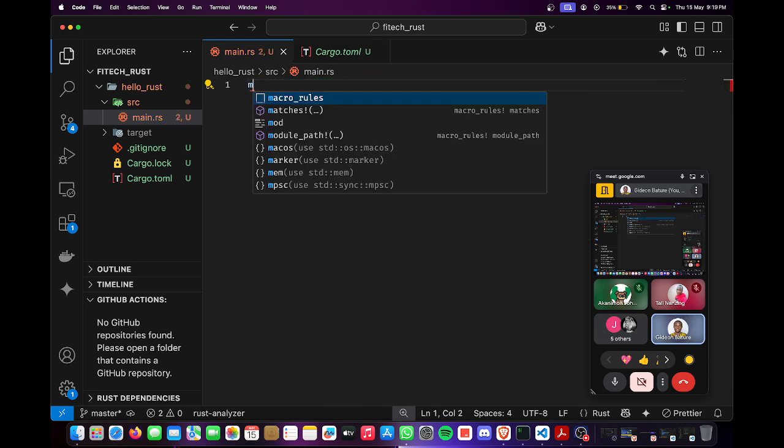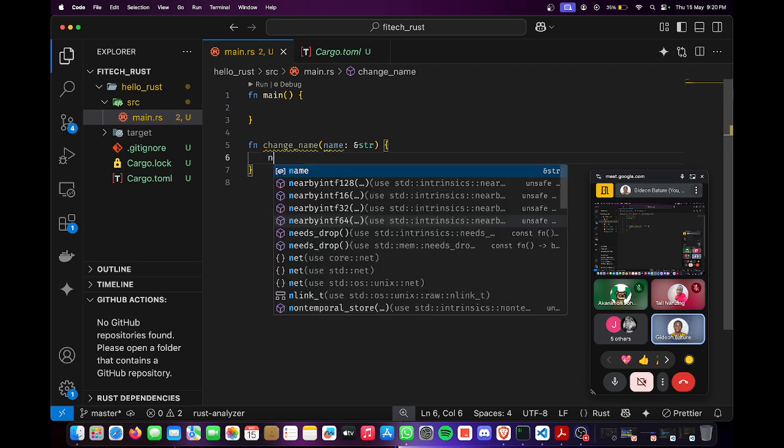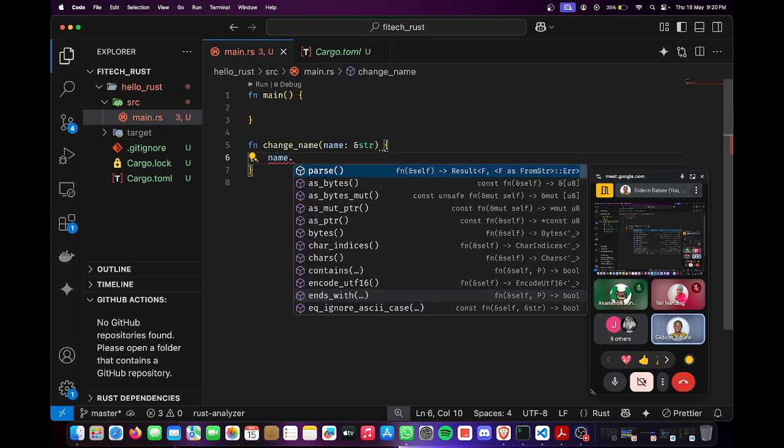So we have our main function, and then we have another function called change name, right? Since we are using a string literal, we have an &str. We want the function to change anything given here, probably add to it. So let's use hello world, just a quick one. So we can say name, right? Let's use first name and surname. So name dot